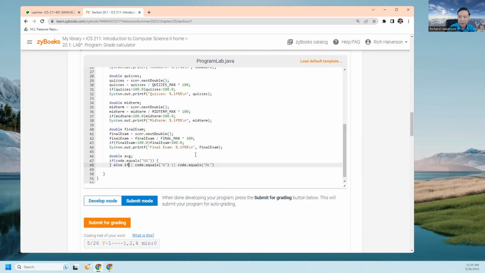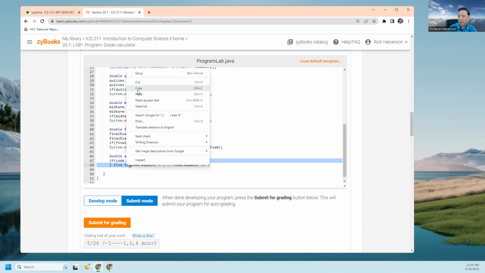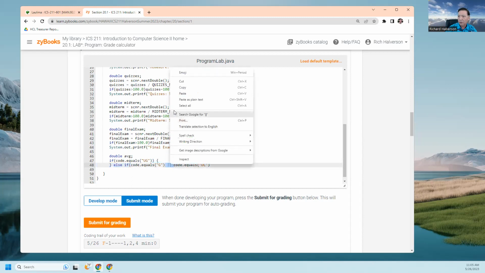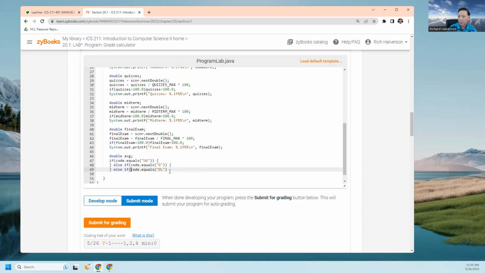Else, if this is true, then do this. Copy this. Else, if this is true, then do this. And I think those are the only things that there would be. Okay, so